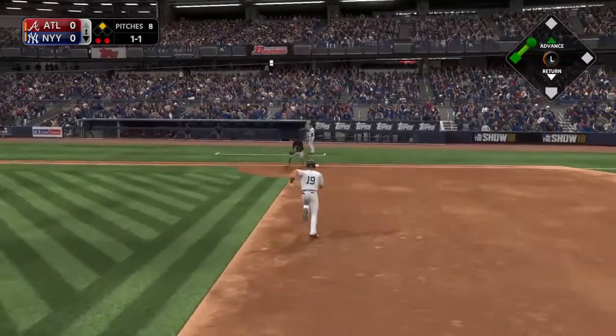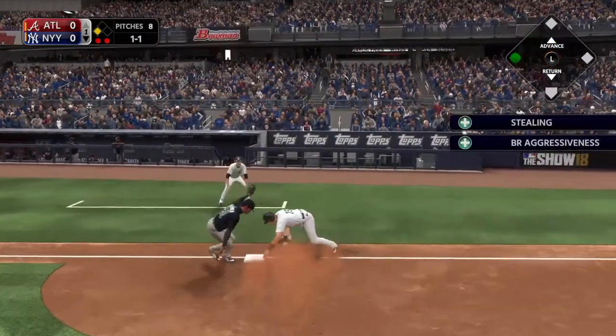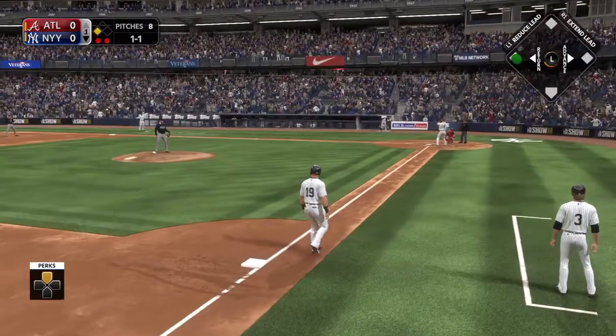Runner goes for third. Pitches a cold strike. The throw is not in time as he just gets in ahead of the throw. One of the keys to stealing third is to get a big...